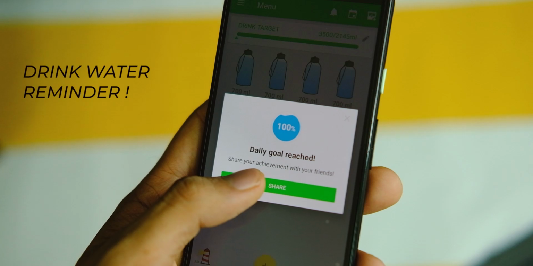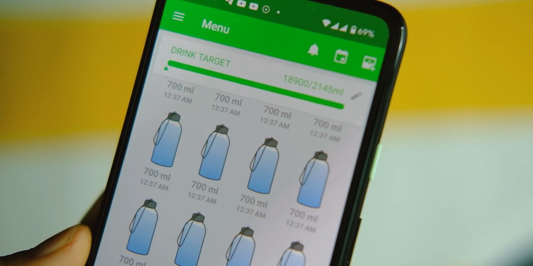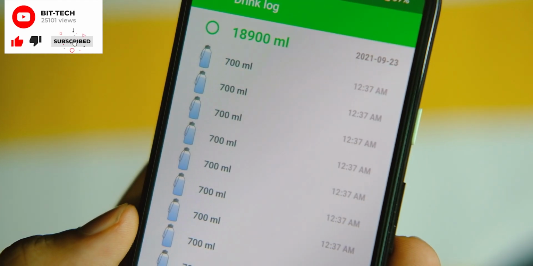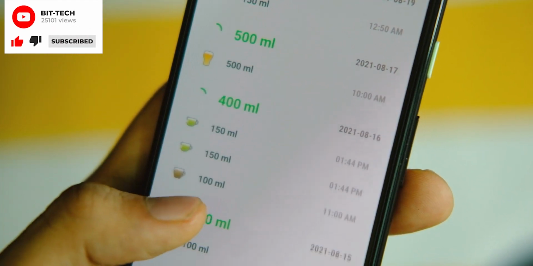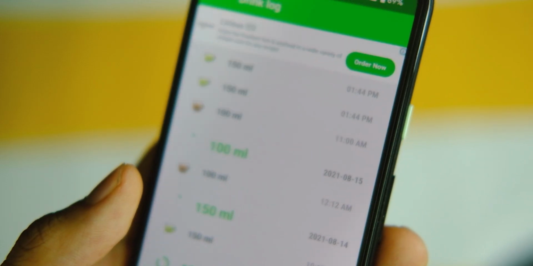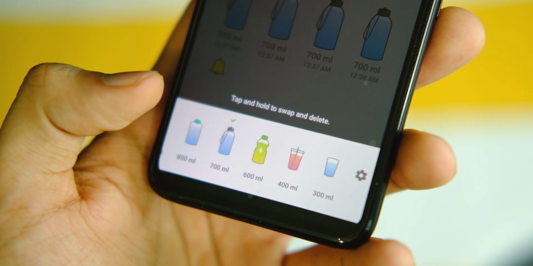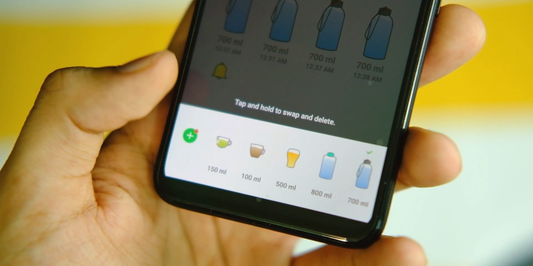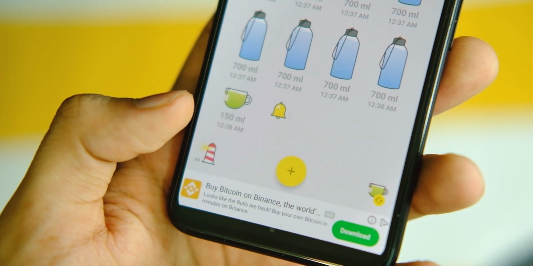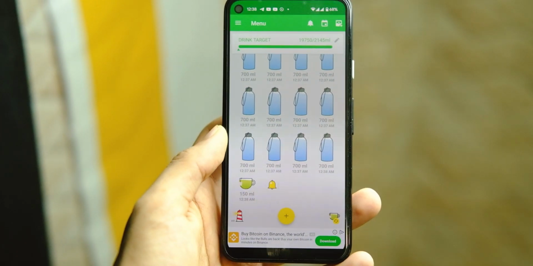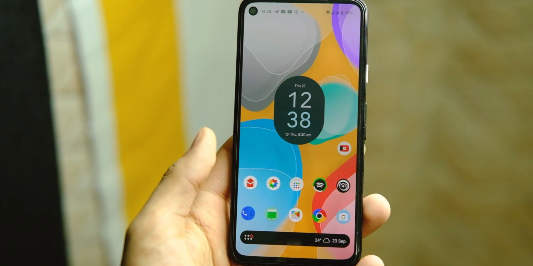And last but not the least, I use this Drink Water Reminder application that just keeps on reminding me to keep myself hydrated as I often forget or skip that. Yeah, I'm damn lazy. But this application keeps on reminding after every few hours to drink a glass of water and asks me to keep a log of it too. So it can help me to reach my daily goal, which to be frank is something everyone should take care of. And that's pretty much it that I would like to share as of now.